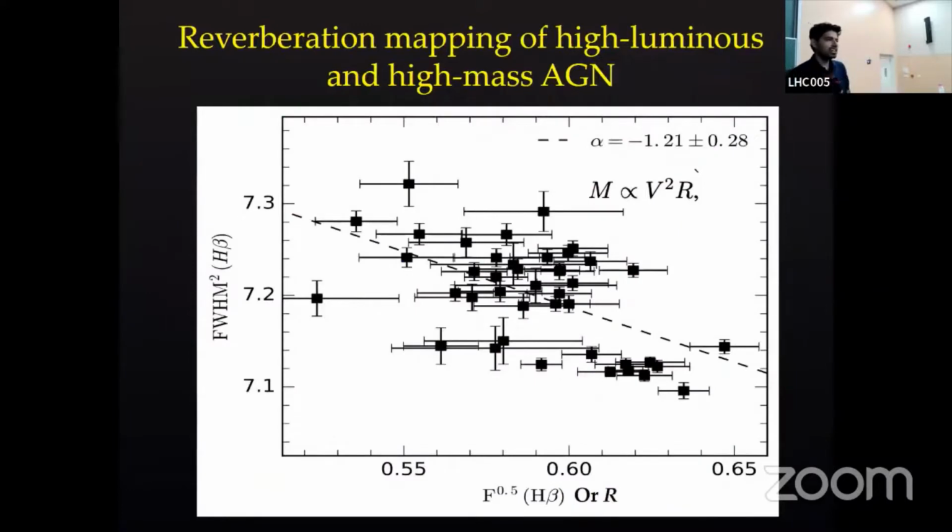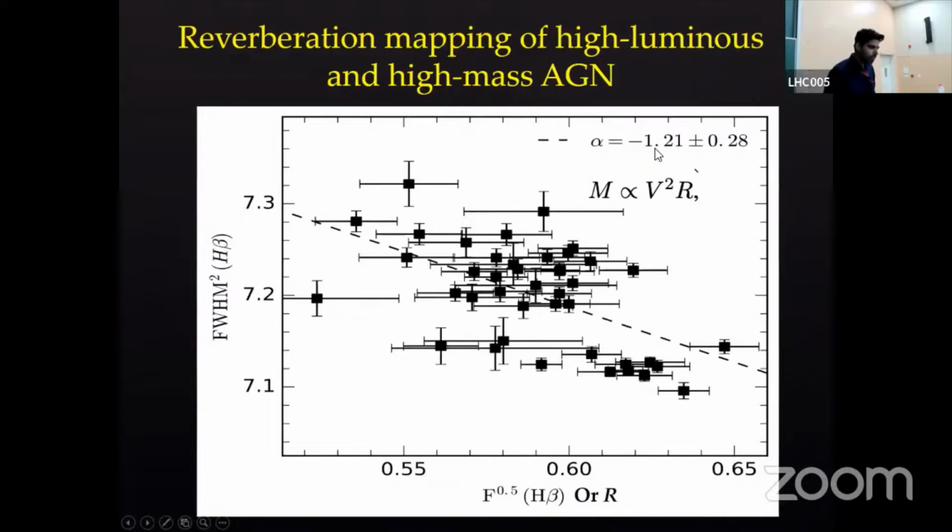Now, initially I said the gas motions are virialized, and we use this simple relation, M proportional to v squared r, to estimate the black hole masses. But can we verify that? To verify that, of course, you have to plot v squared along the y-axis and r along the x-axis. If they follow a -1 slope relation, then you can say that what we assumed is actually correct. Here we found that the slope is -1.21 plus or minus 0.28, which shows that the gas motion